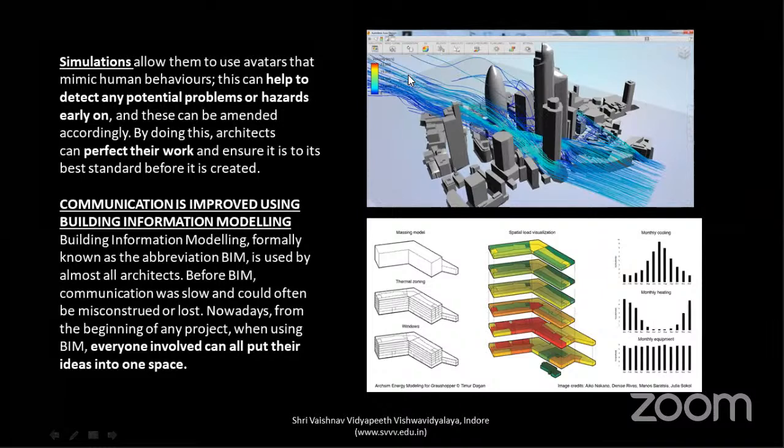Communication is improved using building information modeling. BIM is used by almost all architects. Before, communication was slow and could often be miscommunicated or lost. Nowadays, from the beginning of any project, when using BIM, everyone is involved and can put all their ideas into the spaces, right?